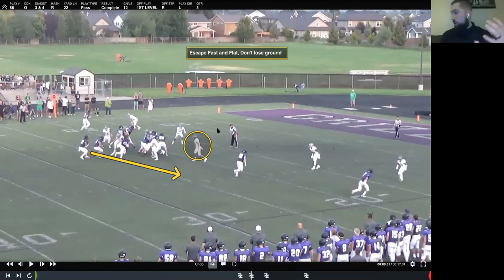So as I turn and I'm getting my head down into this run fit, if I'm giving the quarterback my outside ear hole, it becomes really hard to turn myself back around and go play that quarterback as he pulls the ball and gets out fast and flat. So if we're looking in the outside ear hole, we tell him pull it.